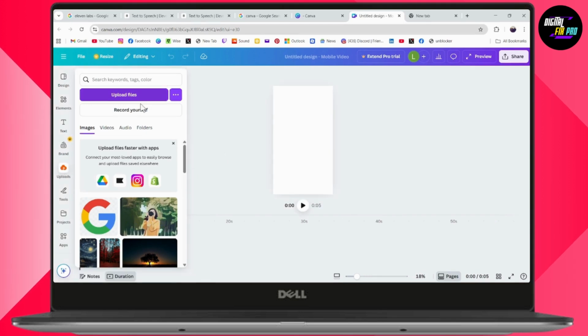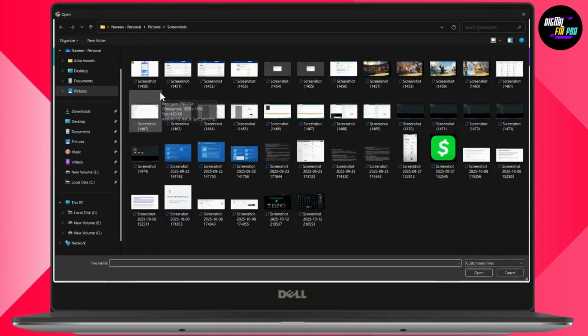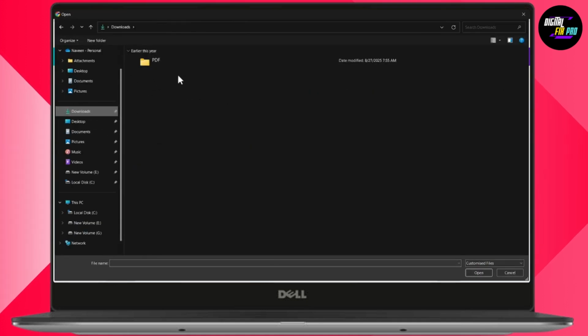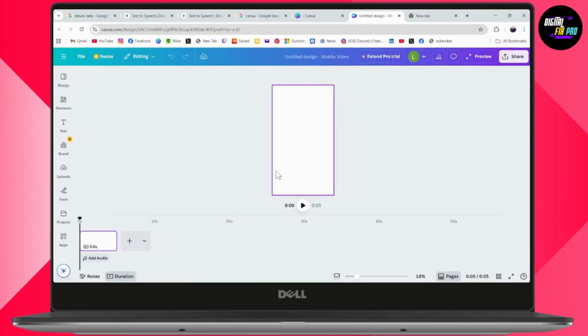Once you go with uploads, you need to go with upload files, and you need to go and select the ElevenLabs file that you've just downloaded. Once you've selected, go with open, and the file will be added right here. You can just simply drag and drop the file to add audio, and your audio will be added. And this way you'll be able to add